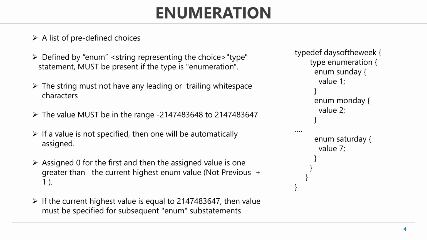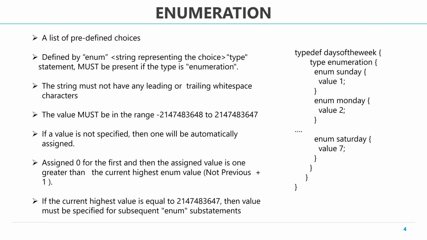Here in the example on the right, you see the days of the week listed and a value associated with it. So when the value is chosen, the person setting the value will provide the string, namely Sunday, Monday, Tuesday and so on. But internally the system would be able to refer to it using the number assigned to it. So the range allowed here is the integer range, integer 32 signed.